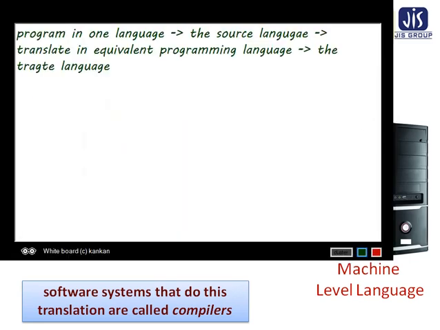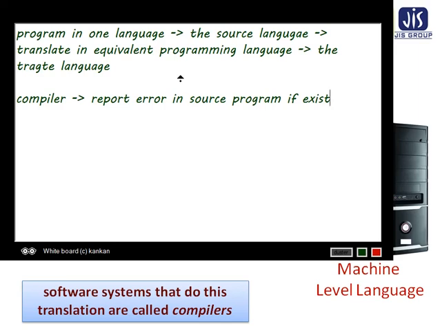So what will be done by the compiler? The compiler will report an error in the source program if it exists.